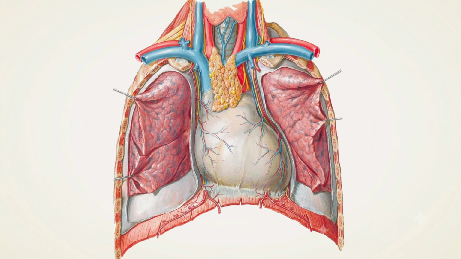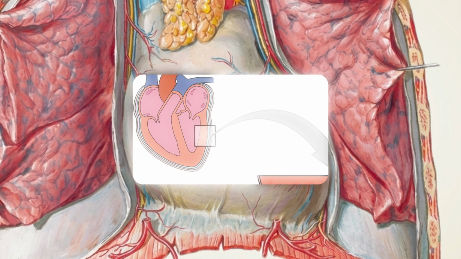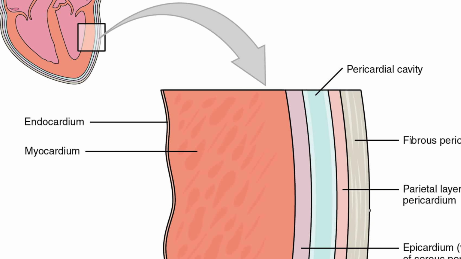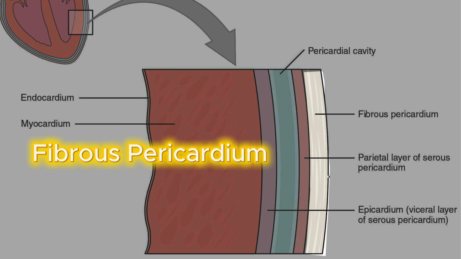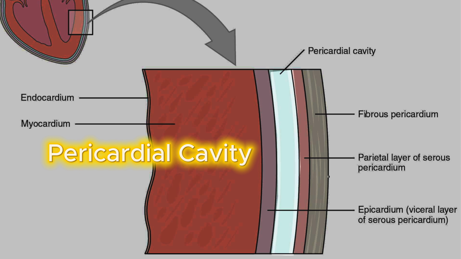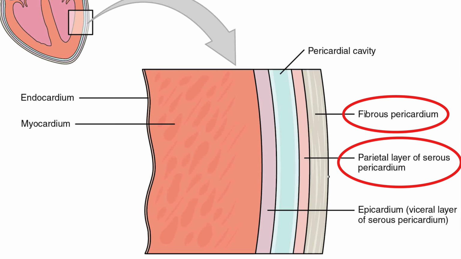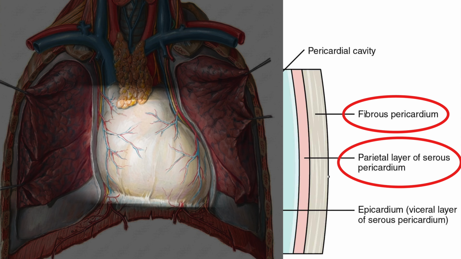The heart is enclosed by a protective sac called the pericardium. It consists of a tough outer fibrous layer and an inner double-layered serous membrane, which are separated by the fluid-filled pericardial cavity. The outer layer is the fibrous pericardium fused with the parietal pericardium, which together form a thick, opaque